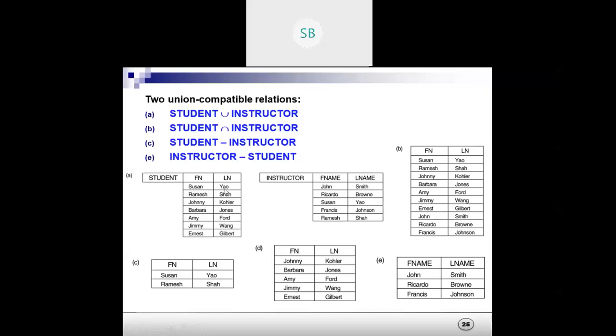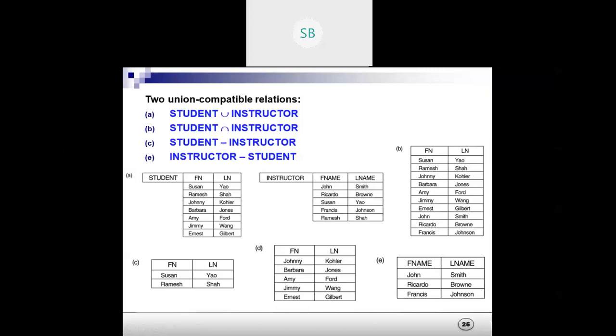So how many tuples are there in total? 1 2 3 4 5 6 7 8 9 10 11 12. So here I guess 10 will be there, right? 1 2 3 4 5 6 7 8 9 10. Why 10? It should have been 12, but why is it 10?